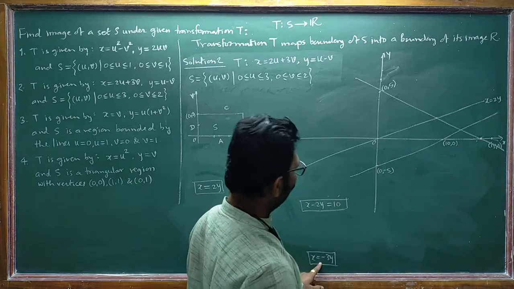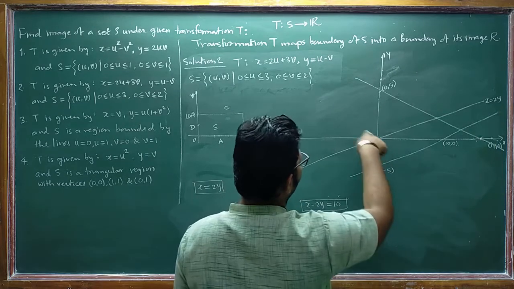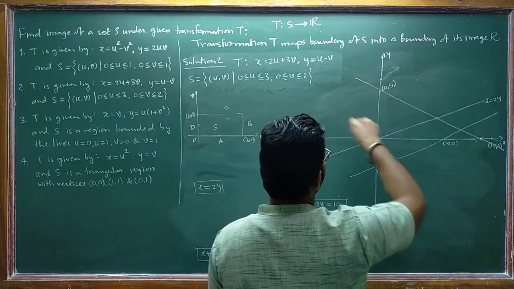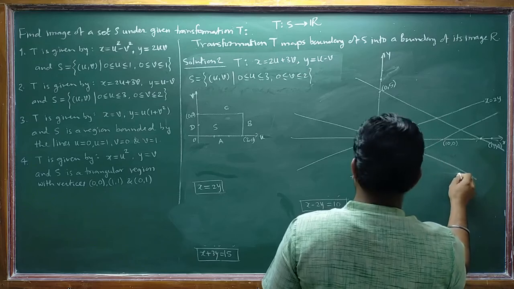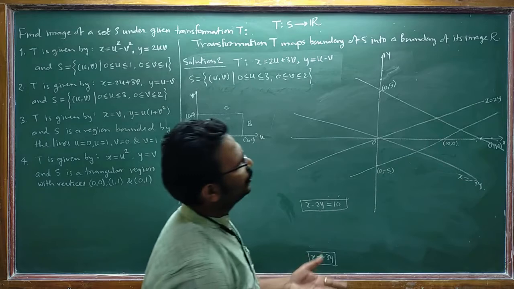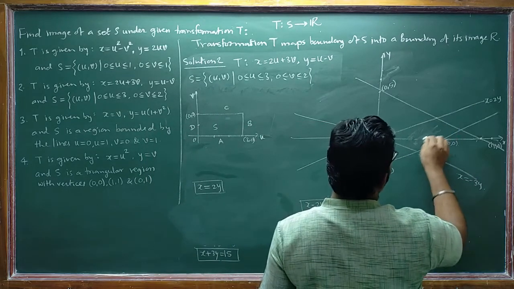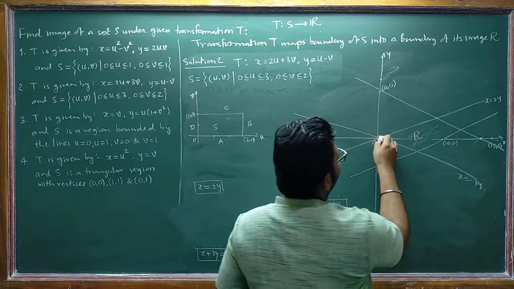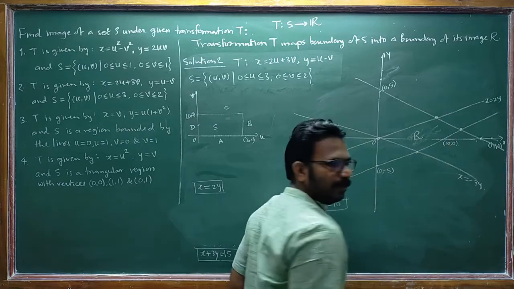And then x equal to minus 3y. So y equal to minus x is this. y equal to minus x by 2 will be this. So it is this. x equal to minus 3y. So what is the region that is bounded by these 4 lines? So this is the region. It is region R. Now find out the point of intersections for the 2